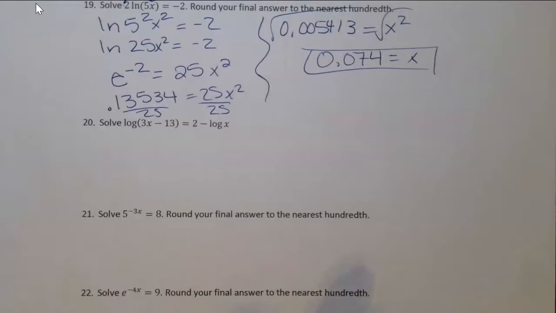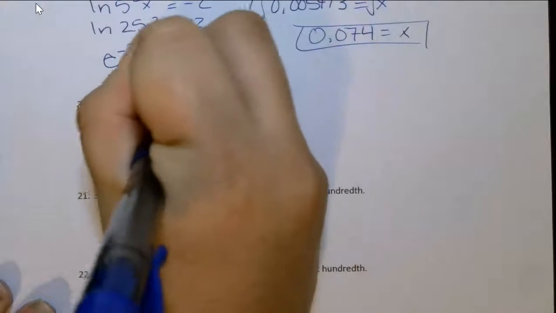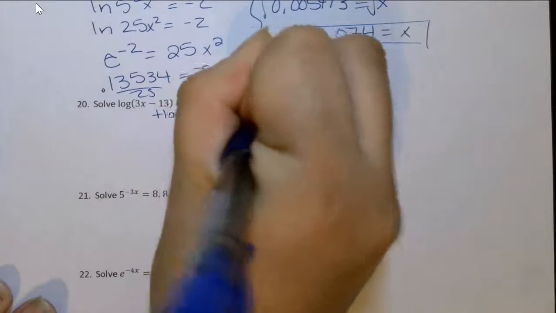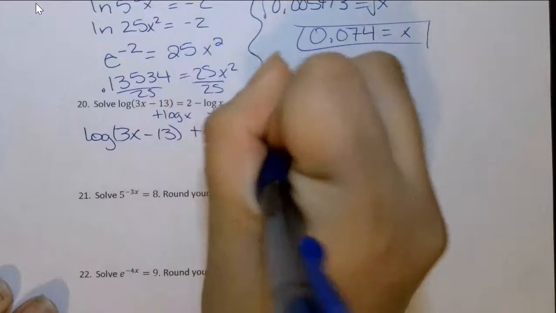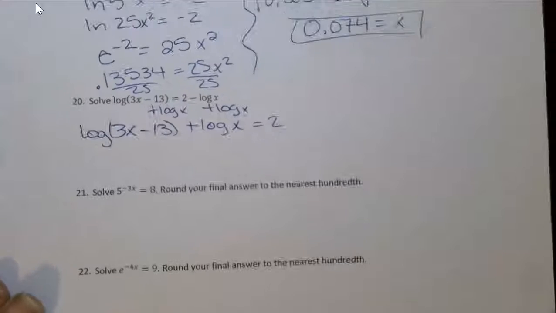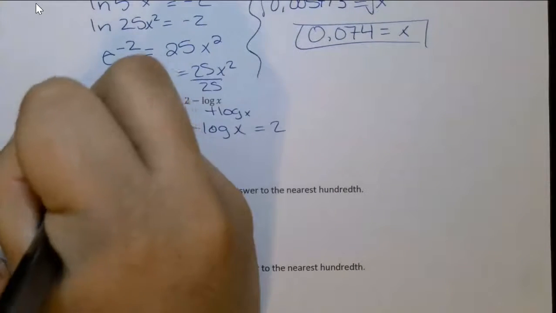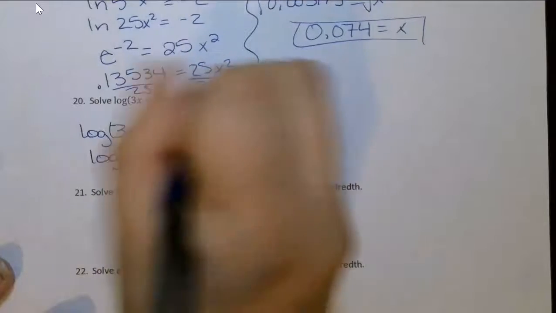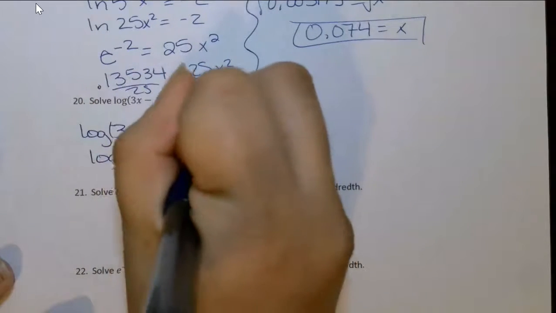Okay. This one over here wants me to solve. What I want to do is get all of my logs on the same side. So I'm going to add log of x on both sides. I have log of 3x minus 13 plus log x equals 2. Then I want to combine my logarithms. Because it's plus, I'm going to multiply. So I have log, I'm distributing to each piece. So I have 3x squared and then negative 13x